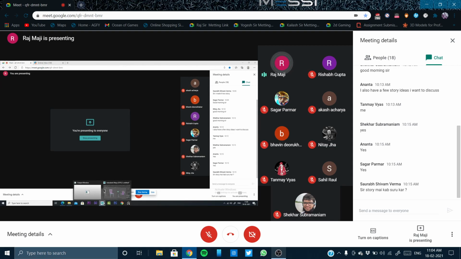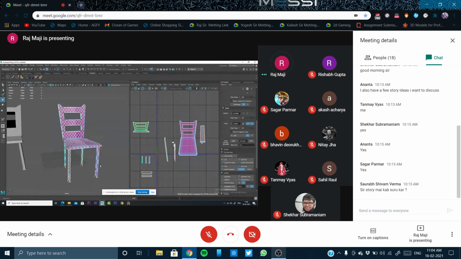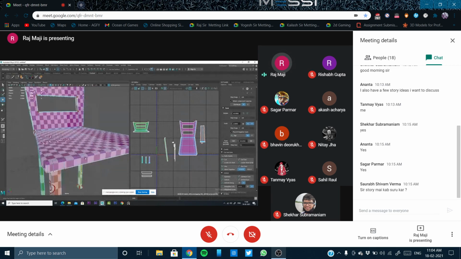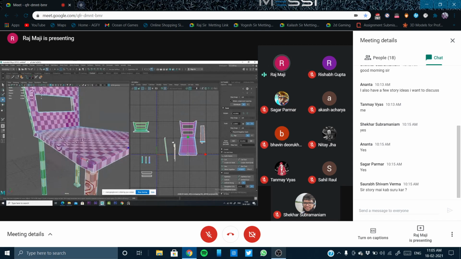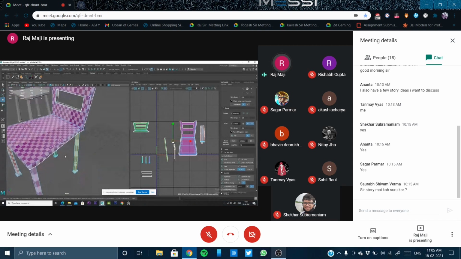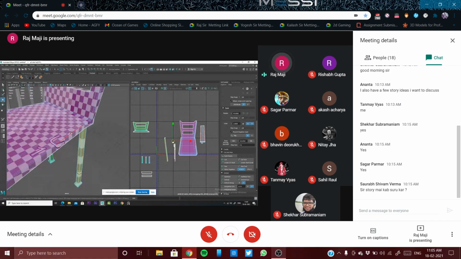And another thing you understood, these loops are very important, isn't it? These middle loops, the seams, are very important. If your model is not correct, you are not going to get these loops, and then UV unwrapping will be too difficult for you. That is the reason: first topology, get your loops correct, and then UV unwrapping will be very easy for you.